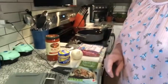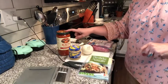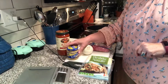So I'm going to be making my lean and green tonight, which is actually going to be spaghetti. I'm going to take you through the different steps and ingredients that I'm going to use. So, kind of tilt my camera down here. I'll be using the Rao's sauce for the marinara, and I'm going to use a little minced garlic, a